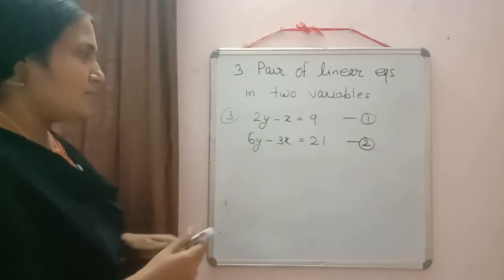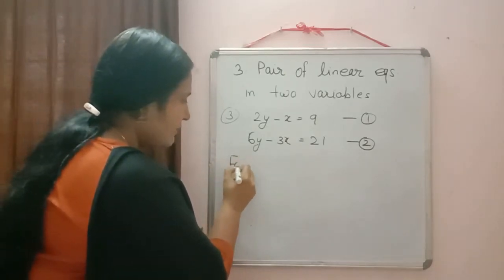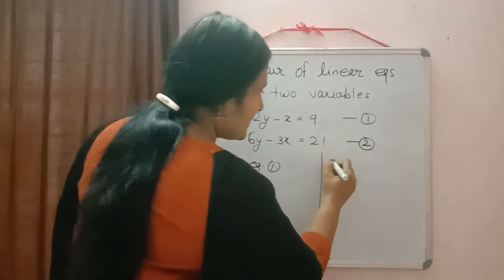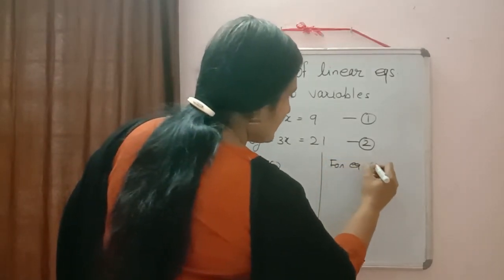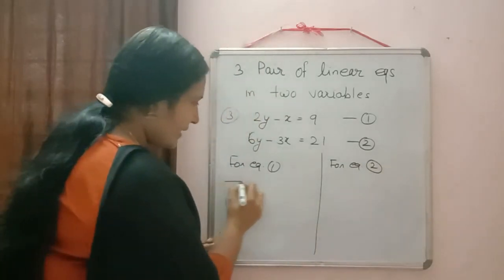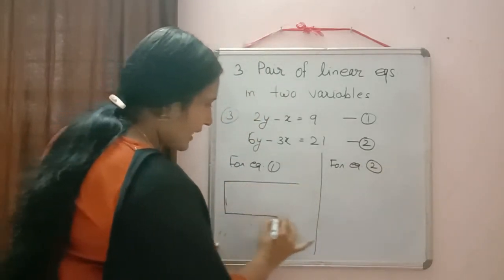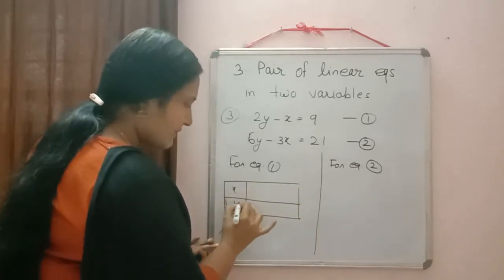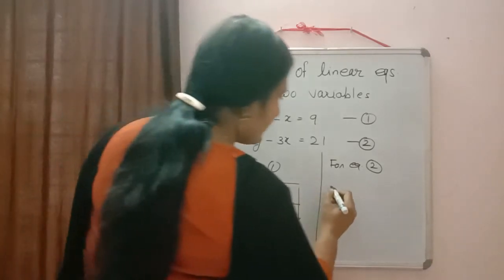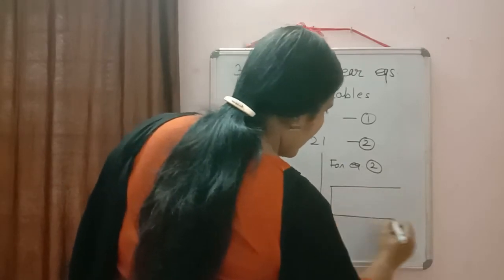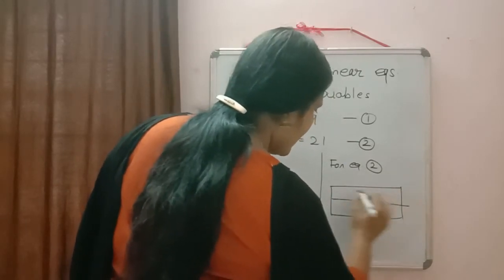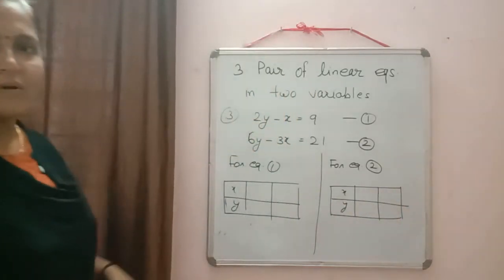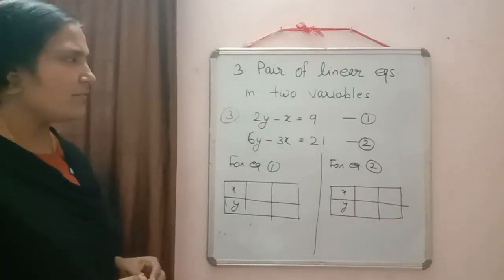Okay. So for the first equation again, first we can plot the points for equation 1 and for equation 2. And one more thing, why I am taking x equal to 0: the calculation will be less. We have to work less only for that. Otherwise, if you take any other value, then you have to find it by doing rough work. In this type of question, when you take x equal to 0 and y equal to 0, we don't need rough work there.